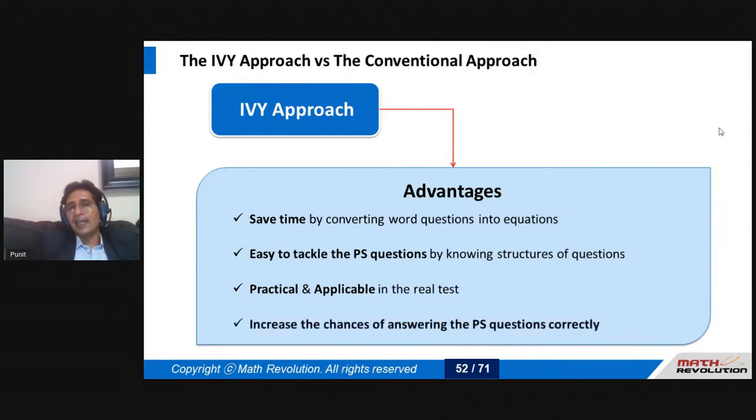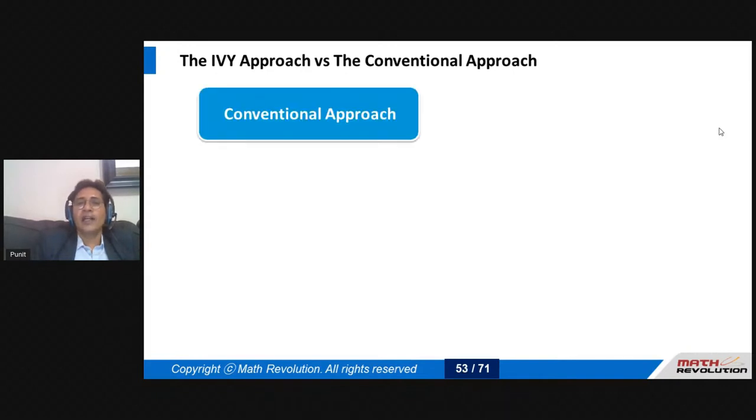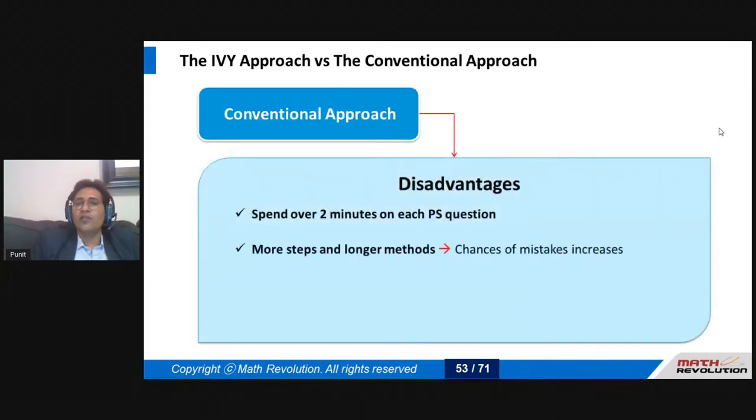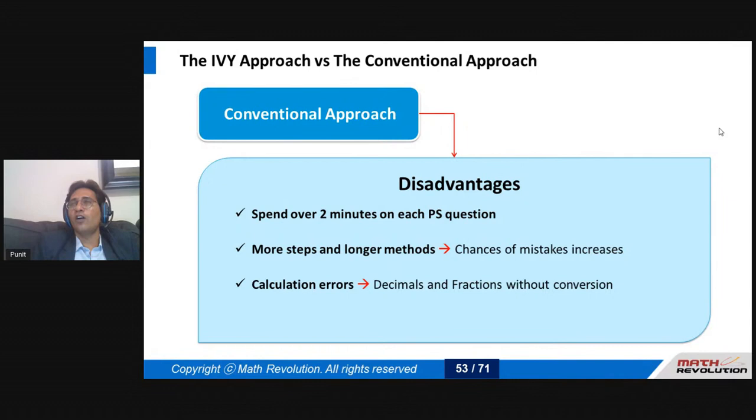So again, this is all helping you to save your time and avoid errors. With the conventional approach, you would definitely spend more time, and therefore your chances of any mistakes, be it silly ones or blunders, would always increase. And if you're taking those variables a lot, like x and y, right from the start of the solution and taking it to the end and then trying to equate it, your chances of making a decimal or a fraction error will always